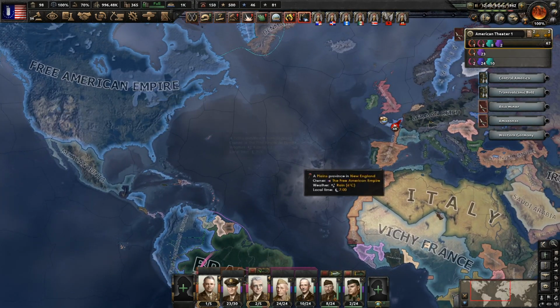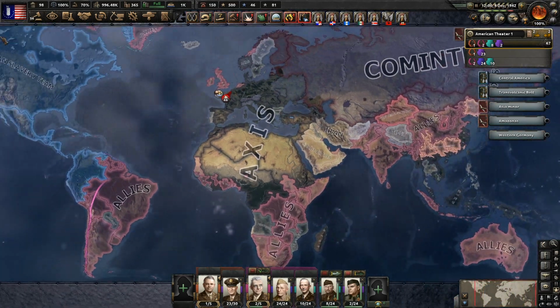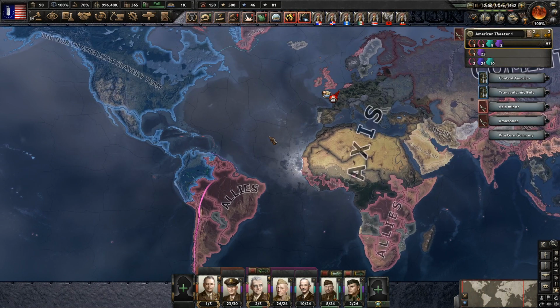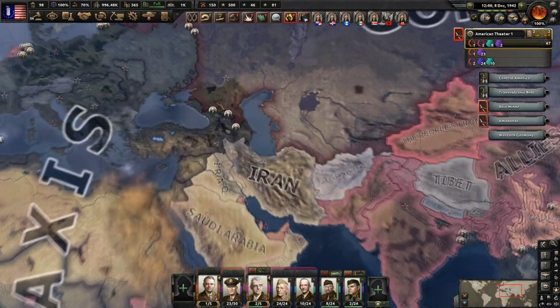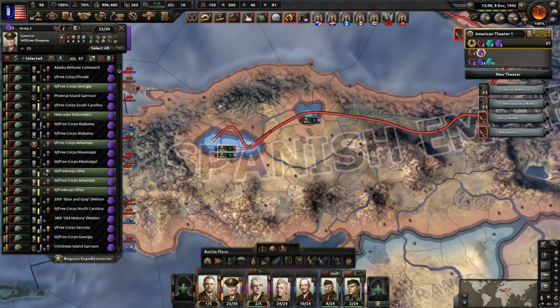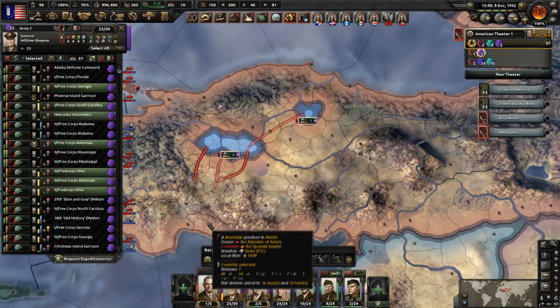So how the world looks is I'm blue versus gray and red. Gray is at war with red and at war with blue, and red is at war with blue and also gray. And the Comintern is at war with both of us. That's great. I helped them out. I took this land for them, and now,